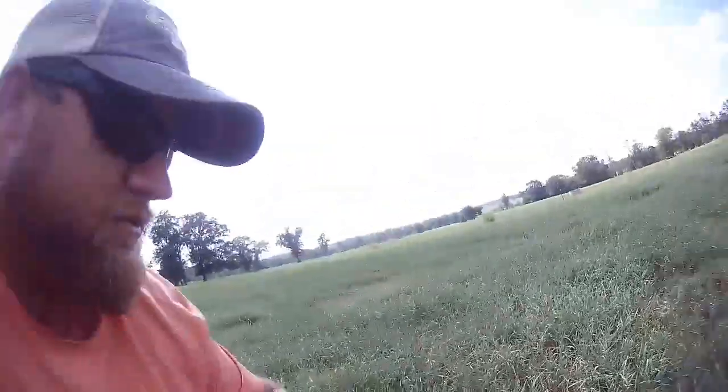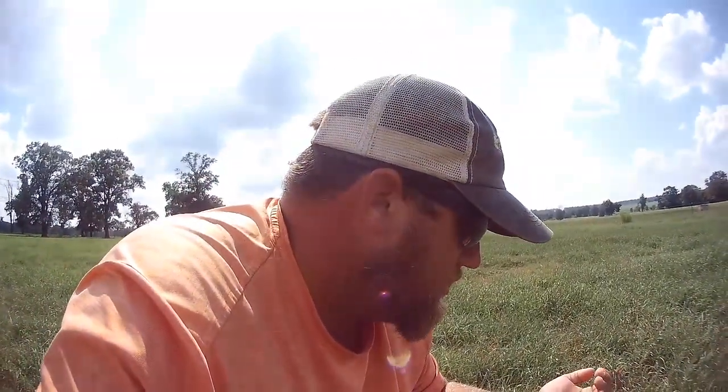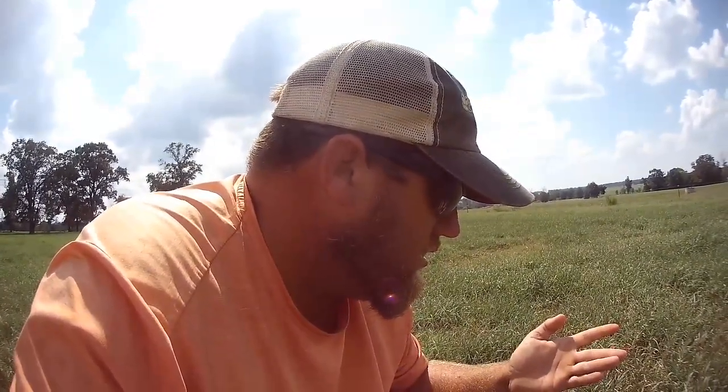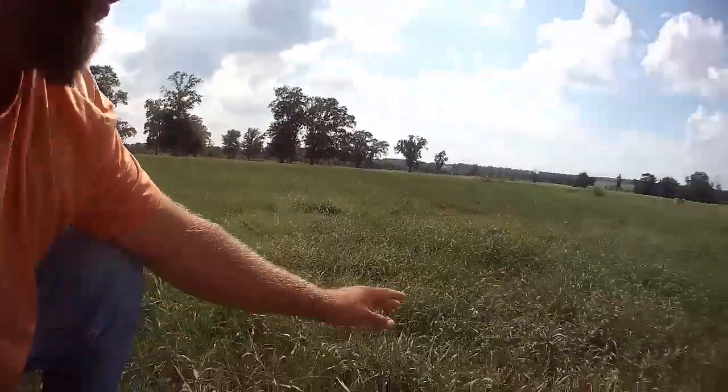This is actually the first field that I've seen like this. This time of year, I'm always looking when I'm driving up and down the lanes, just to try to see if there's any evidence of these little bastards. And anyway, it's coming around. I don't know if the camera's gonna pick it up, but